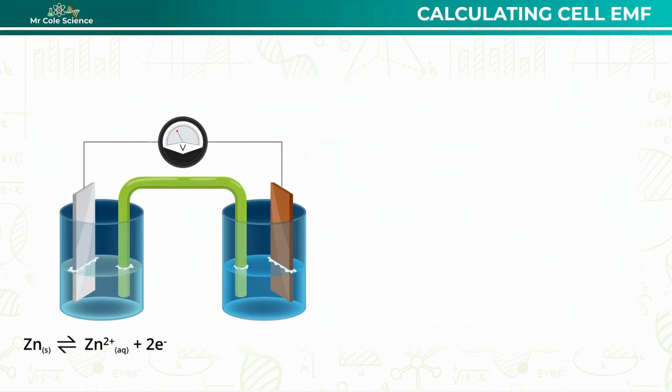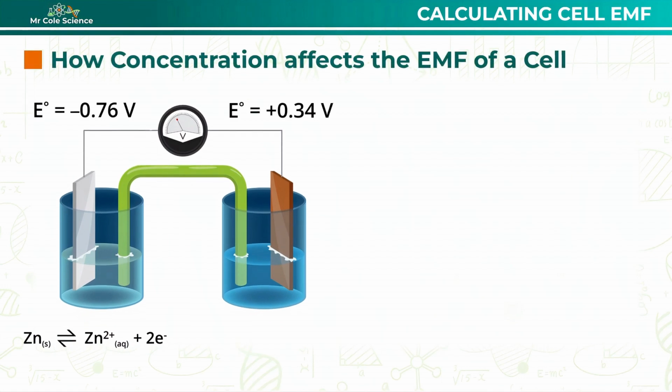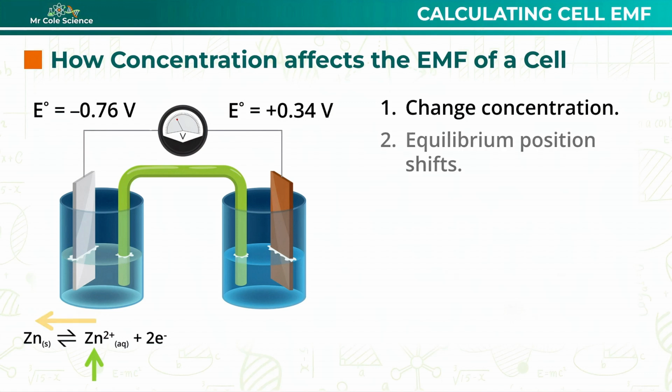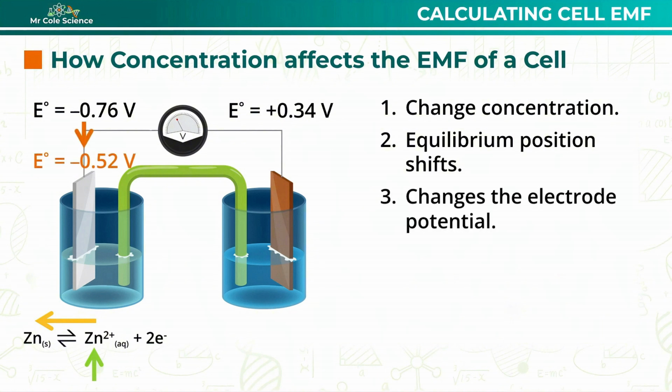So let's start with concentration, using our zinc copper cell as an example. If we increase the concentration of zinc ions, Le Chatelier's principle tells us that the system will oppose that change. So the equilibrium in the zinc half cell would shift. Now in this case, it would shift towards the zinc metal, to the left. But the key question is, what does that actually do to the electrode potential? Well, the further the equilibrium lies towards ions and electrons, the more negative the electrode potential becomes. Here, we've shifted away from that, so the electrode potential would actually become less negative or more positive, and that